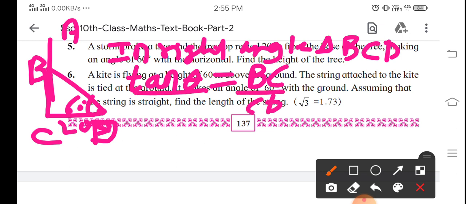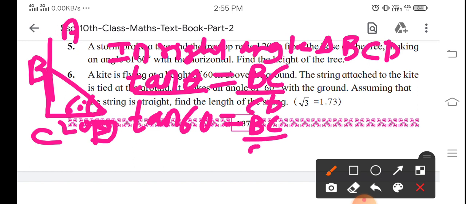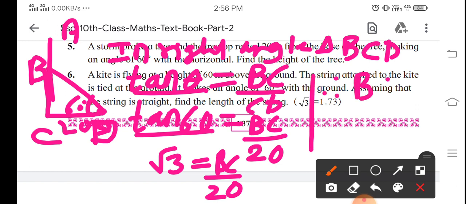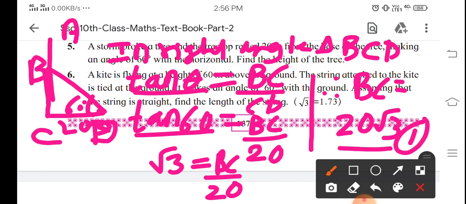Now tan theta, instead of theta, what we have to write, tan 60. Okay, and BC, what is BC? BC, that we have to find out. Just keep it as it is, and instead of CD just write over there 20. Now tan 60, you know that tan 60 is root 3, is equal to BC upon 20. Okay, so when you multiply this, you will get the value of BC is equal to 20 root 3. Okay, so just make it equation number 1. इसको इक्वेशन नंबर 1 ऐसा हम लोगों ने लिख दिया. I think this is clear. So now we'll see the other part.